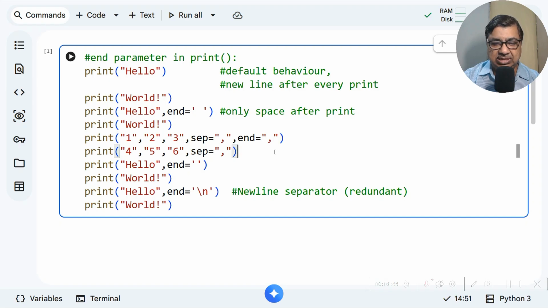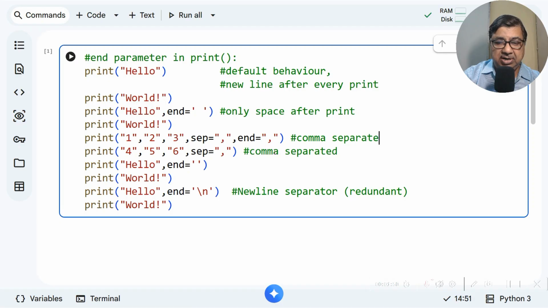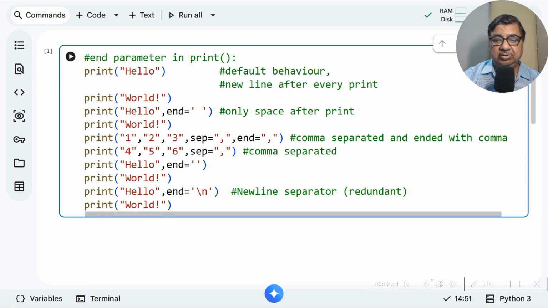So this is comma separated, and this one is comma separated and ended with comma. So these two lines will be as if they are one line of comma separated data.